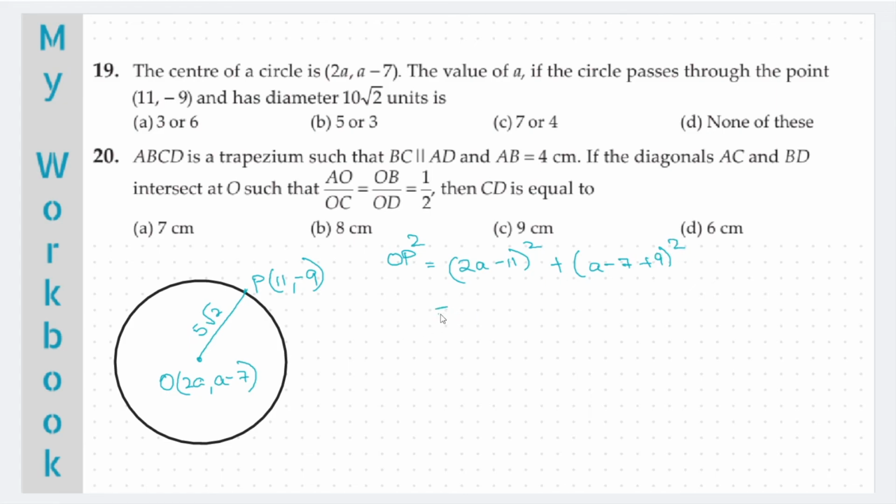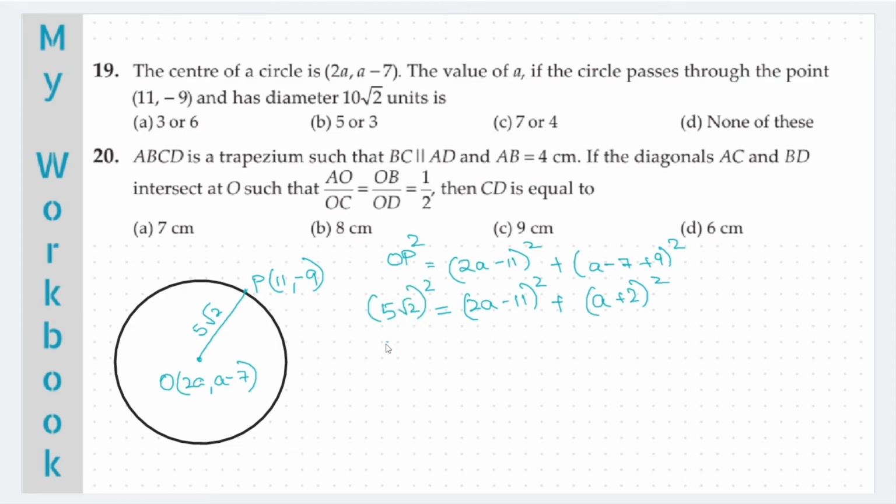So it will be 2a minus 11 the whole square plus a plus 2 the whole square. OP is 5 root 2, so OP square will be 5 root 2 the whole square, which will be 25 into 2,